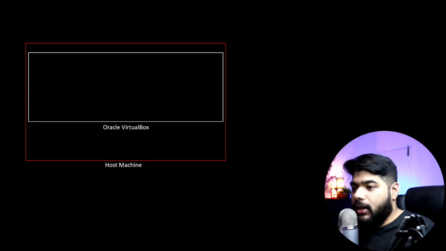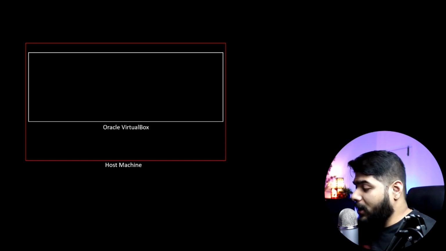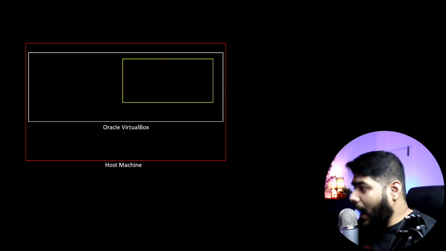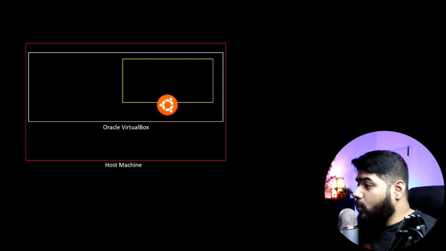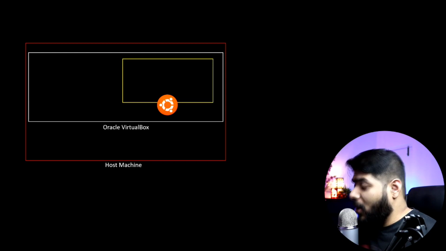I'll show you the different kinds of virtual machines that I propose to you, guys. This is one of the best, and it is open source, so I use it. It runs inside my host machine. Inside the Oracle VirtualBox I will have an Ubuntu machine, and I believe you do not need my help to install Ubuntu on an Oracle VirtualBox, right?